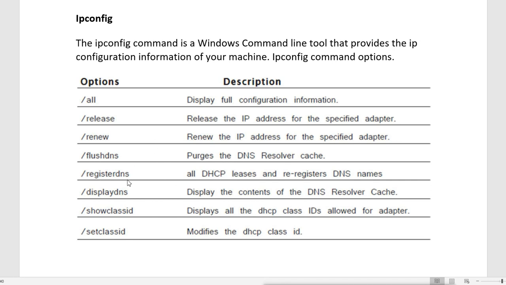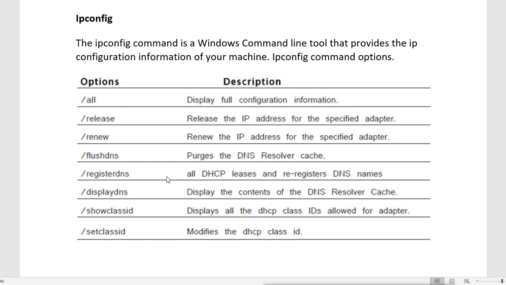So basically, whenever they configure a DNS server, they configure it with auto update. Auto update means whenever our IP changes, it is going to register into the DNS server. Now some of the old Windows machines are not able to update themselves, so automatically they are not able to update the record of their name and IP address into the DNS server.